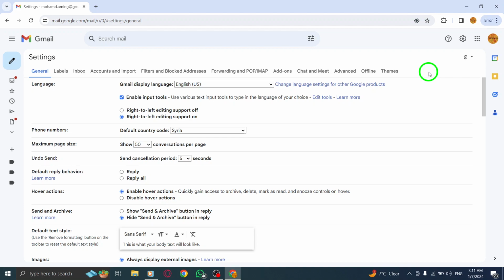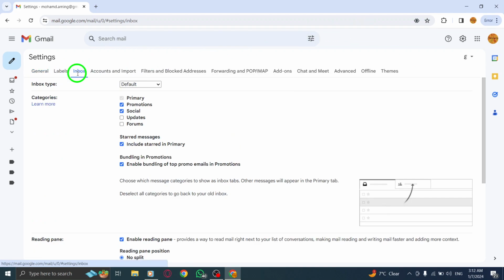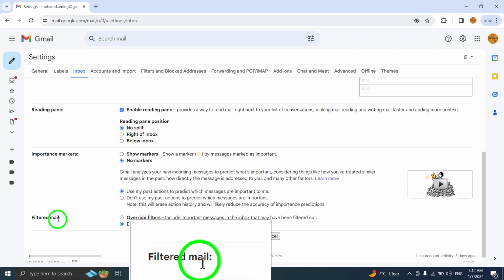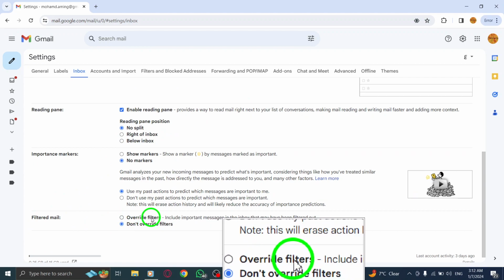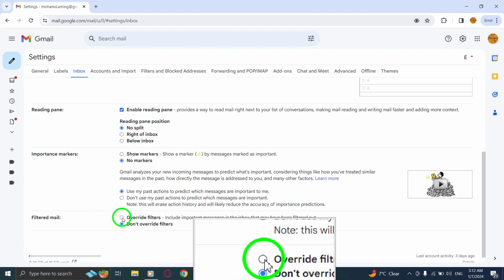Step 4. On the Settings page, click on Inbox from the top menu. Step 5. Next to Filtered Mail, click on Override Filters. This will enable the automatic categorization of your emails according to Gmail's filters. Now, your incoming emails will be sorted into different sections based on their content, making it easier for you to